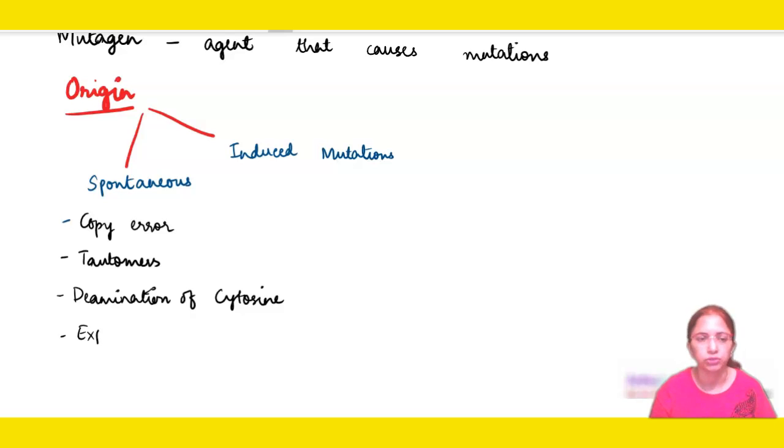Now, exposure to radiation is also one of the reasons for spontaneous mutations, right? You know, when we sit in sunlight during the high time of the sun, meaning during the later hours, not in the early hours, the radiations become harmful. And these radiations can penetrate our skin and have the capacity to mutate DNA.